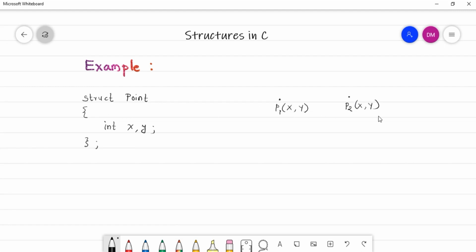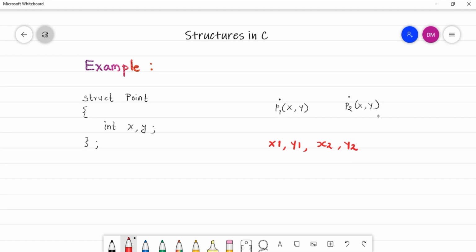Now just imagine that you are not using a structure, and you are told to calculate the distance between 2 points. What will you do? You will take four values, x1, y1, x2, y2.